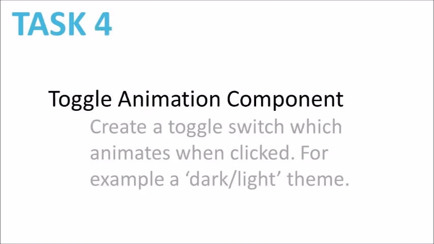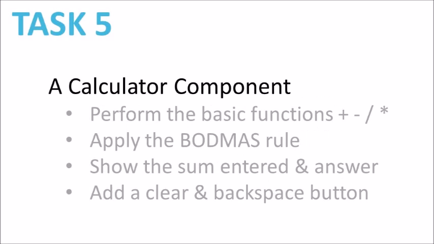Okay, try to create a toggle animation component. Create a toggle dark switch, which animates when clicked, for example, a dark light theme. And a calculator component, perform the basic functions, apply the BODMAS rules, show the sum entered and answer, add a clear and backspace button. But again, go the next step, take it to the next level, and really improve the